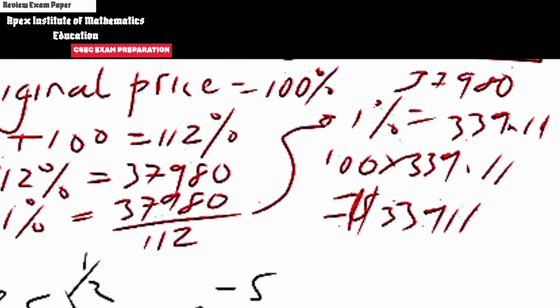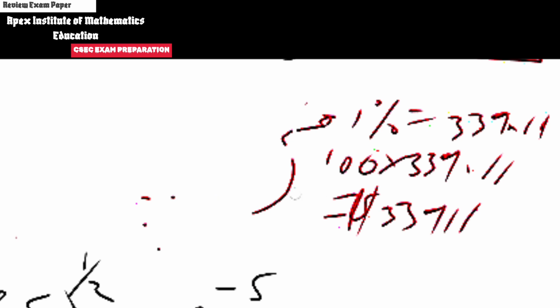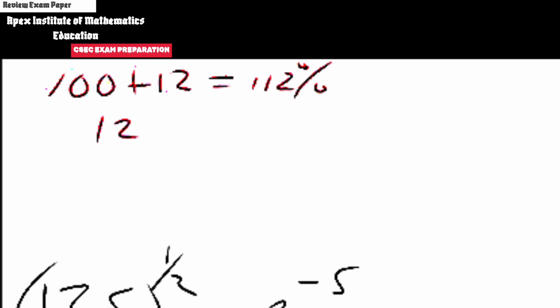All right, let's look at another option of working out this very same question here. Everybody thinks a little bit different. Everybody learns the math a different way. Now, not sure where Jodine got the method. She did disclose to me that she was watching another YouTube video, so I want to share that method with you as well. What Jodine did is that she added 12 to 100 and she got 112%. So what she did is that she found 12% of the amount that includes the 12% already. So she found 12% divided by 112. She found 12% of the inclusive value. So 12% of 112, and she multiplied it by